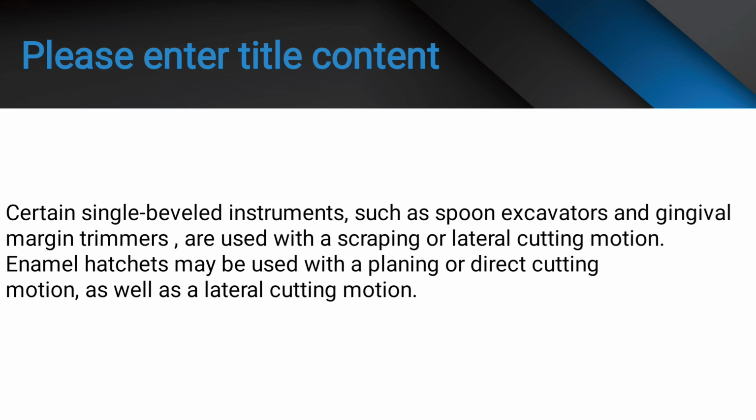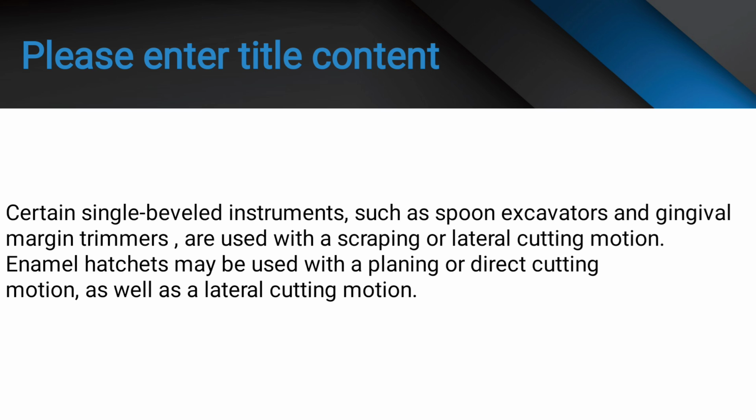Whenever there is a single bevel and the cutting edge is not perpendicular to the blade, then they are classified as right or left instruments. This can be determined by placing the primary cutting edge downwards and pointed away. If the bevel appears on the right side of an instrument, then it is said to be the right instrument of a pair, and if the bevel faces the left side of an instrument, then it is said to be the left instrument of the pair.